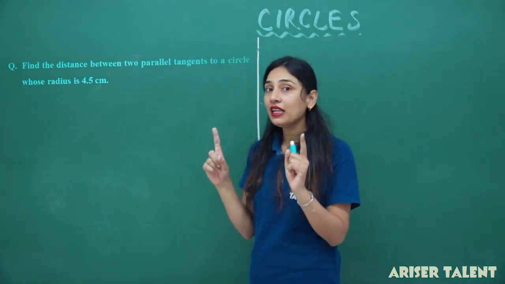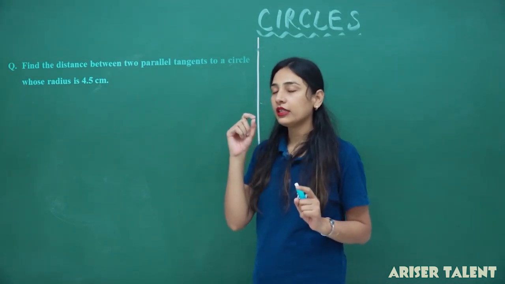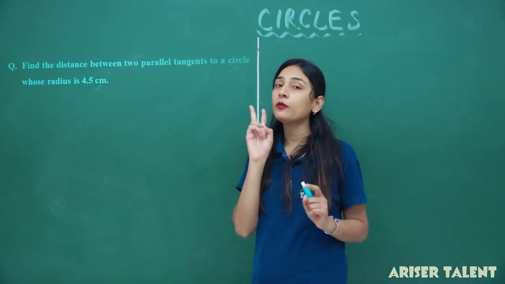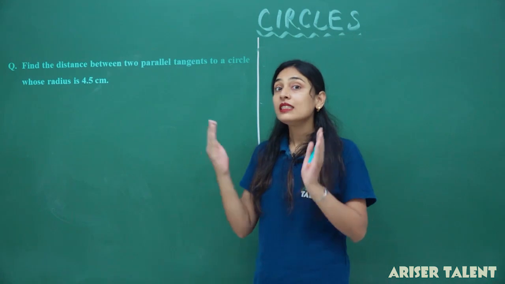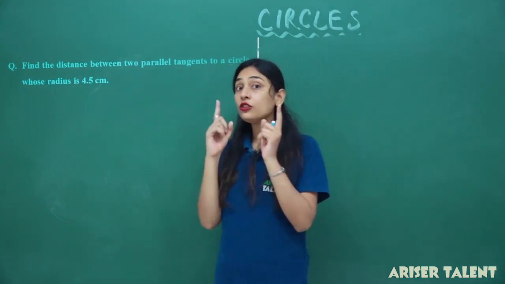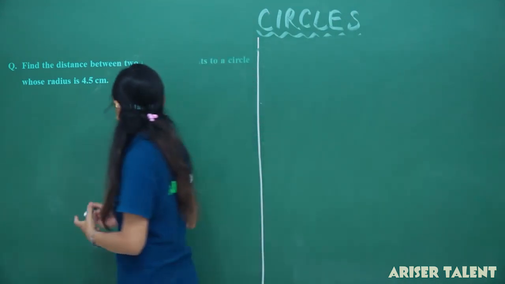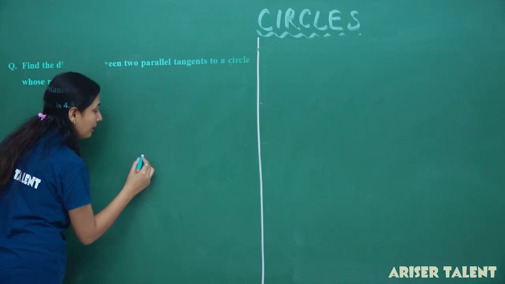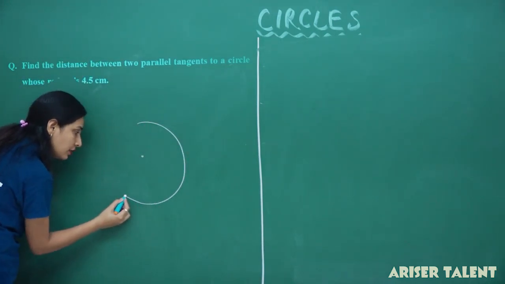Now, talking about the parallel tangent concept, students, what we have studied in a circle, we can have at most two parallel tangents only. Okay. We can have infinite sets of parallel tangents, but we can have only two parallel tangents to each other at a time, right? So, what I am trying to say, if you are having this center and you somehow draw a circle on it,